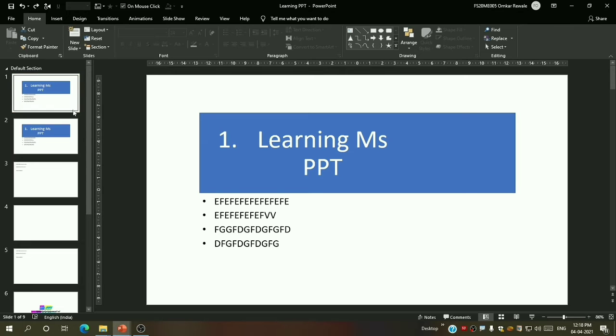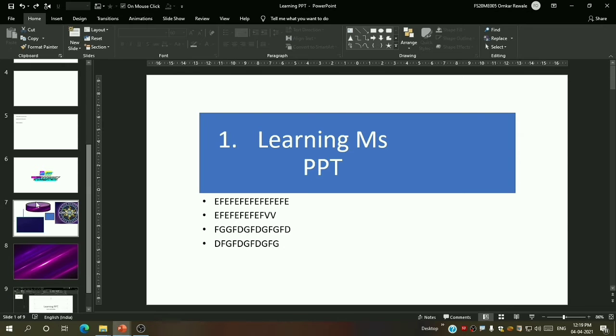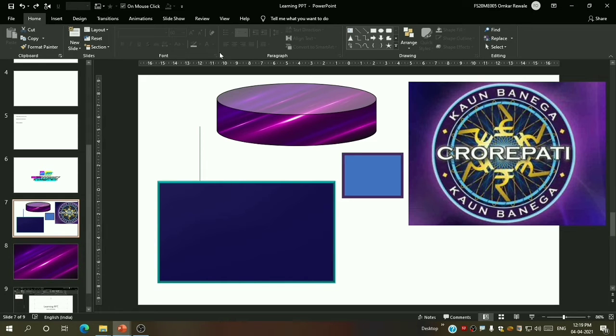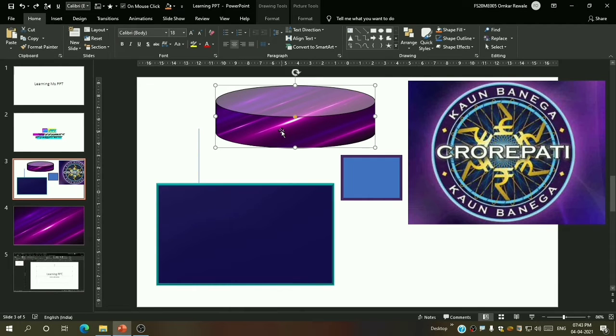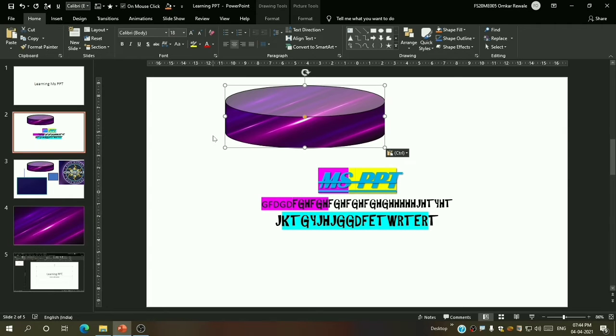Now cut and copy, you know what cut and copy are. Suppose I want to copy something. Let us show that on a shape. I want to copy this shape. Now we will see how to copy that. For that, the shortcut key is Ctrl plus C. So I press Ctrl plus C, and now I open the second slide because I want to paste the shape over here. I press Ctrl plus V, and you can see the shape is pasted over here.